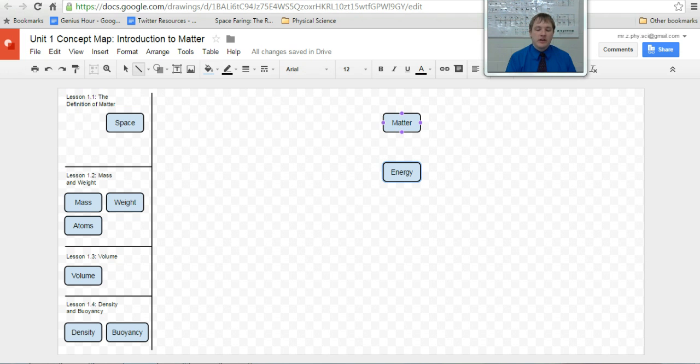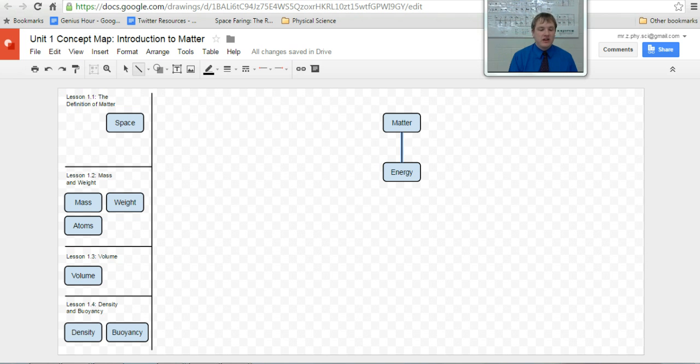If I click near one of those dots, it's going to snap the line to that dot. And then I'm clicking and dragging down to energy, and notice, 4 dots appear on that one also. I'm going to snap the other end of the line to the energy bubble. And now I've got a line between the two. But here's the thing. In a concept map, anytime you draw a line, you are required to explain why you